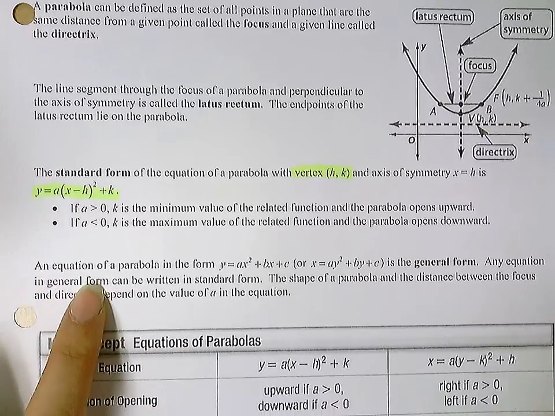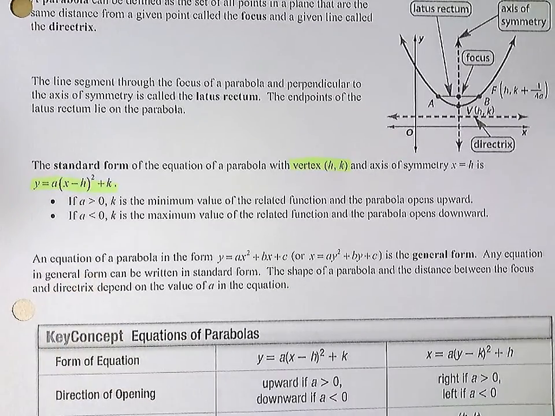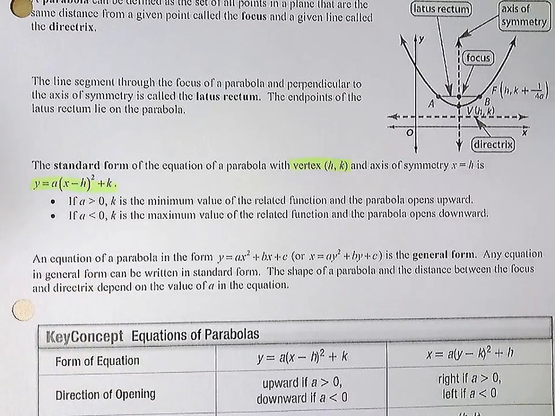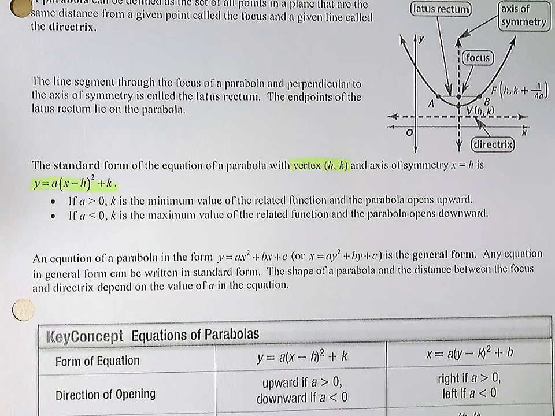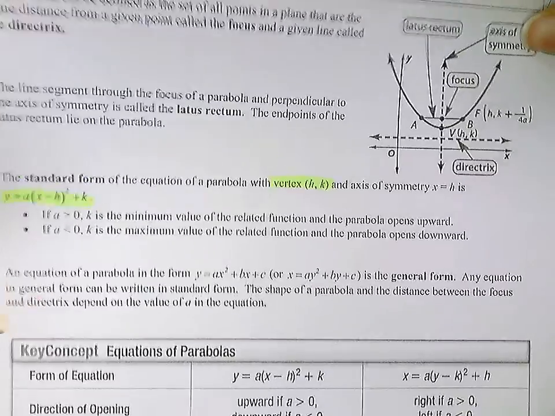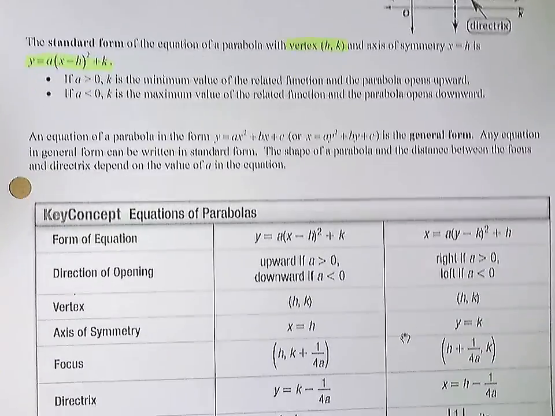So an equation of a parabola in the form y equals ax squared plus bx plus c, or x equals ay squared plus by plus c, is the general form. Any equation in general form can be written in standard form. The shape of a parabola and the distance between the focus and directrix depend on the value of a in the equation. So this is our table of